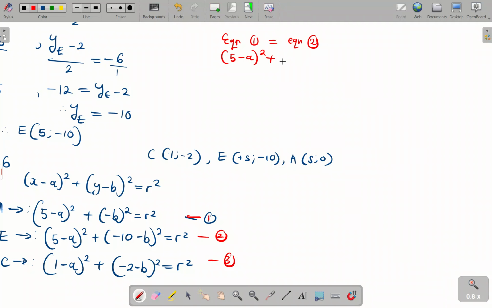So I have plus what? You can see since 2 is an even number, I'll have b squared, which is equal to what? Which is equal to 5 minus a and then squared, plus negative 10 minus b and then squared. So now when you take this to the left, this and this, they are the same,